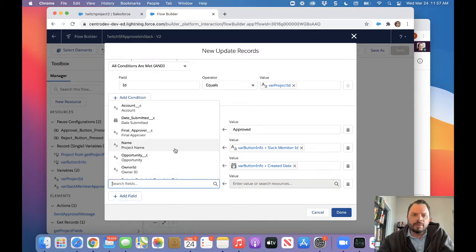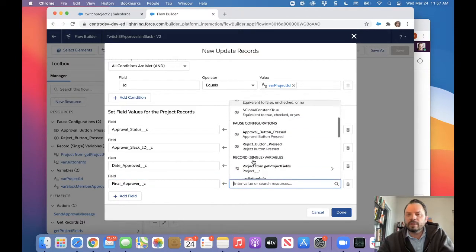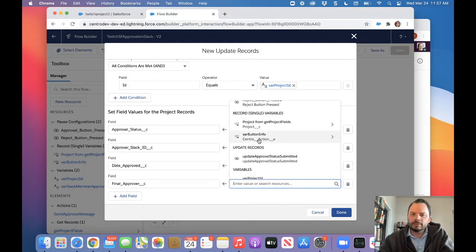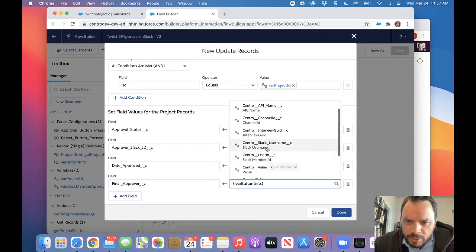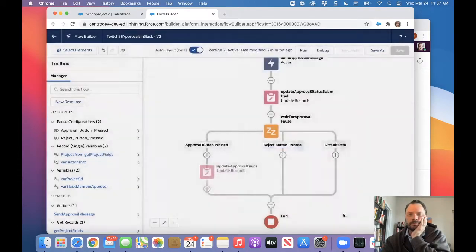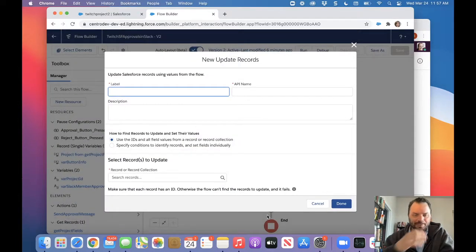All right, so now we've got, let's see, final approver. So this is going to be that unique ID field, and this is going to be like the readable name field. All right, so username. All right, looks good. Let's do the same on the rejected. Date rejected